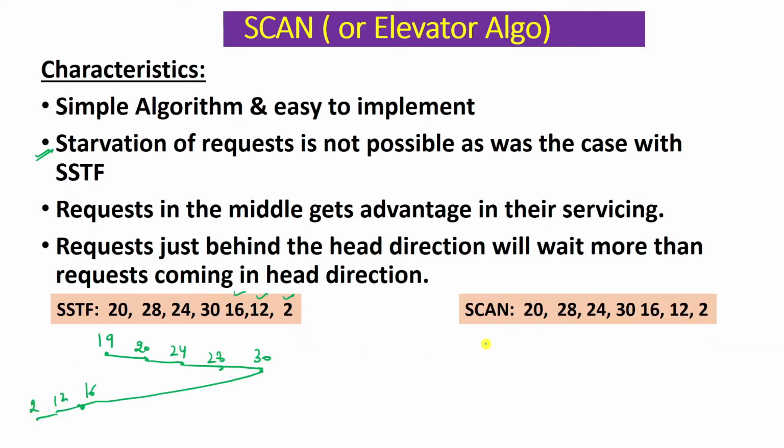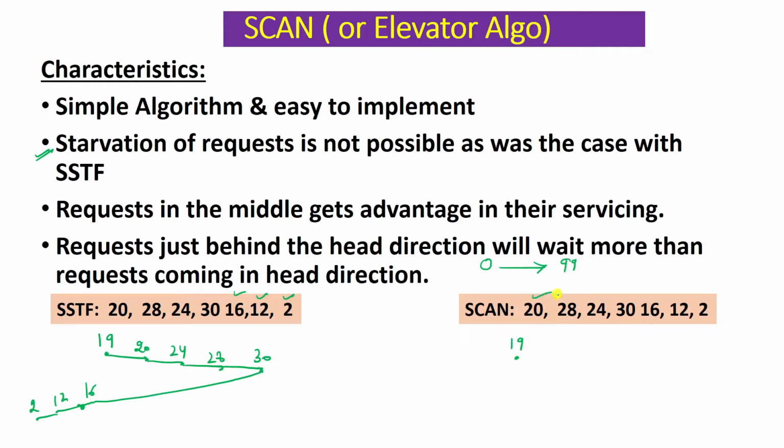Now if you apply the same algorithm using the scan, then you know that in scan we need the direction in which the read write head is moving. So let's say the read write head is moving in this direction, from cylinder number 0 to 99. That means from the lower cylinder number to the highest cylinder number. Let's say we are currently at the 19th cylinder again, and if we apply the scan, we are going in this direction, that is towards the highest cylinder number. Which requests can be completed?